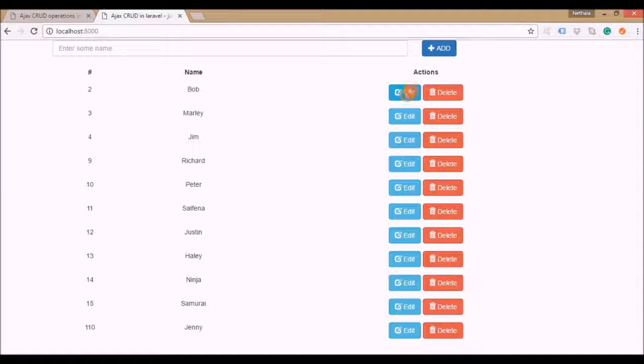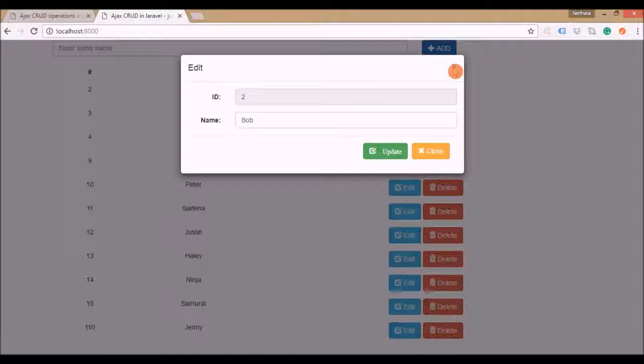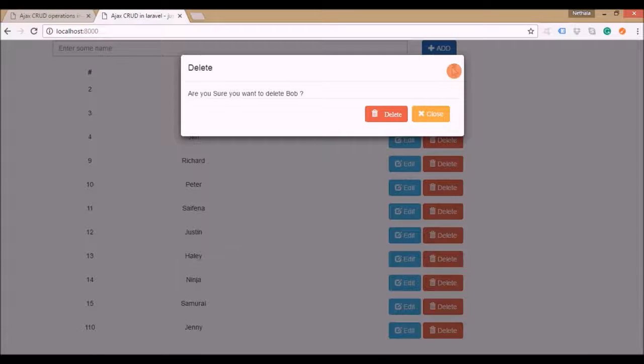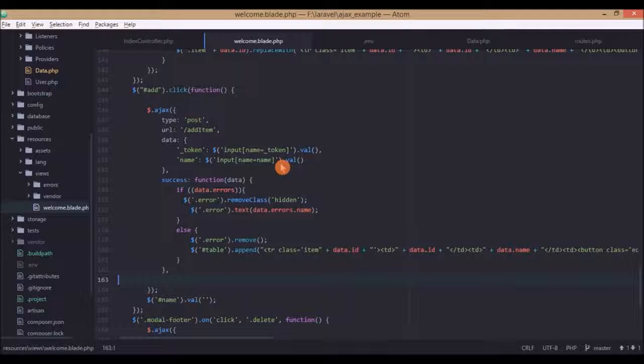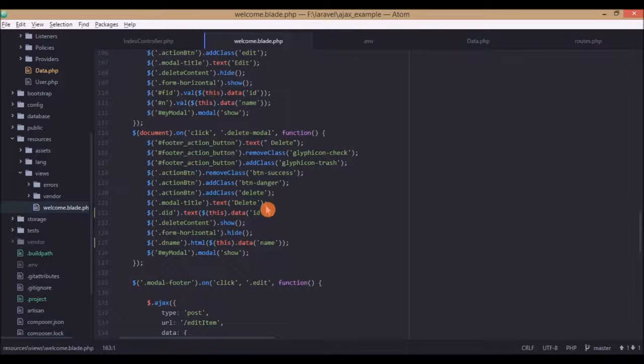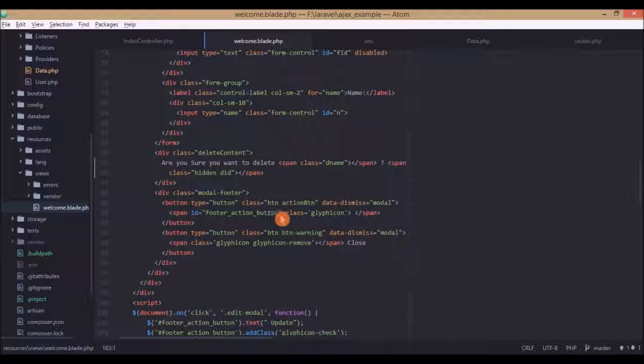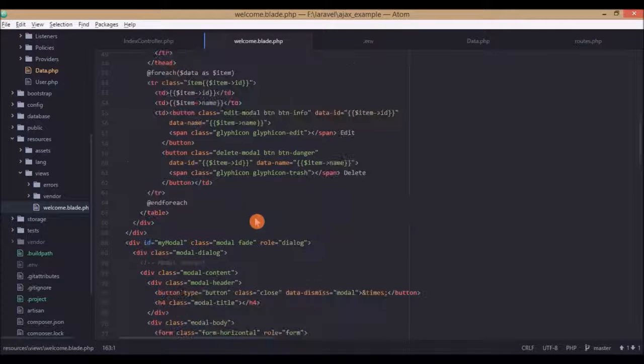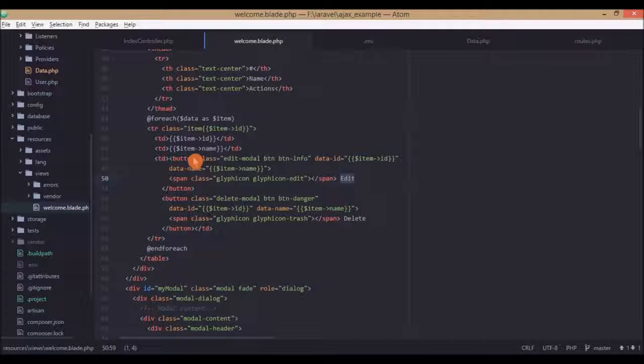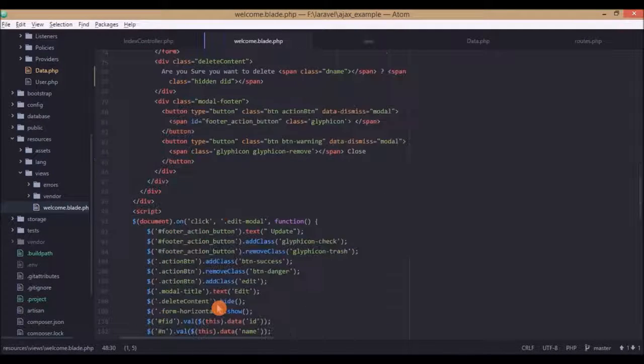when we press this edit button, we open a modal. And when we press the delete button, we open the modal. I have written a single modal for both of this edit and delete. So we will just modify the content of the modal depending upon which button is pressed. So we see here for edit and for delete there are two buttons with some classes and some data attributes. So when edit modal is clicked, what we see is